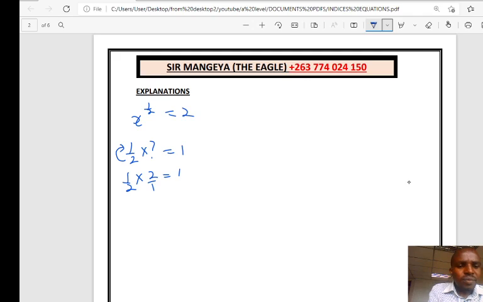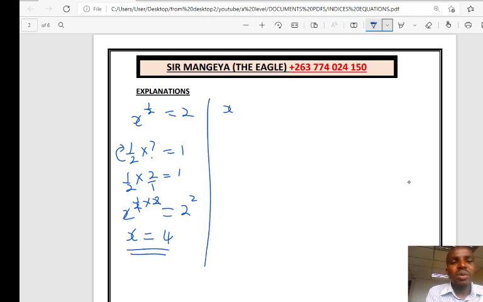After this, you raise both sides to the power of that number. It will be x to the power half, raised to the power 2 over 1, is the same as 2 to the power 2. Then this 2 and 2 cancel out. You'll be left with x here. 2 to the power 2 is 4. Then you can say you are done.